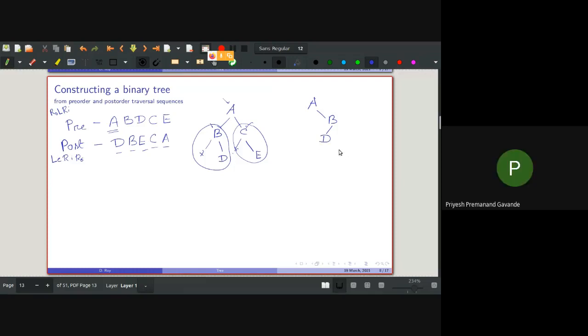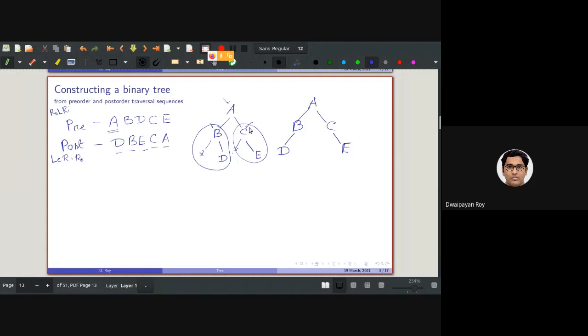No, I'm saying in the main tree, the left side one. So this one. No, from the beginning, tell me. So B remains the left child of A, and D is the left child of B. And C and E remain the same again, right child. Oh, yes. Yes, you are absolutely correct.